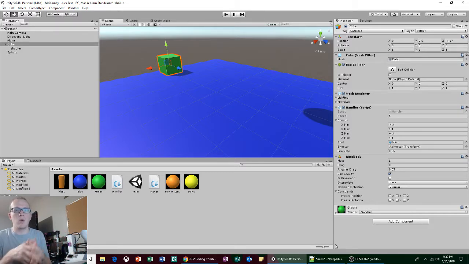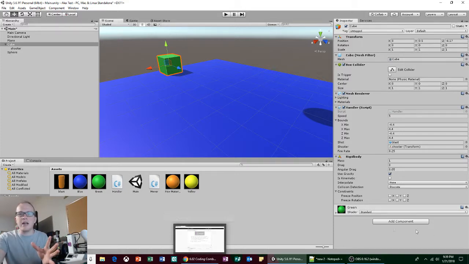And shooter is saying where? Well, we want it to come out of our empty child element, which is in the middle of the cube. And fire rate is how fast we want it to be able to fire. Okay, so good. Now, the last thing we need to do is we need to set up that fire one